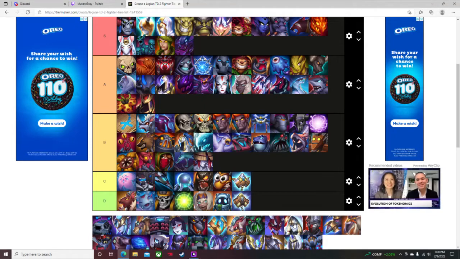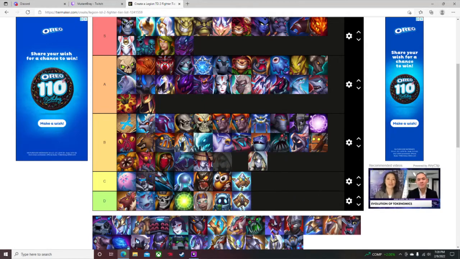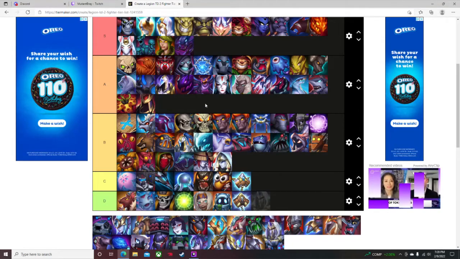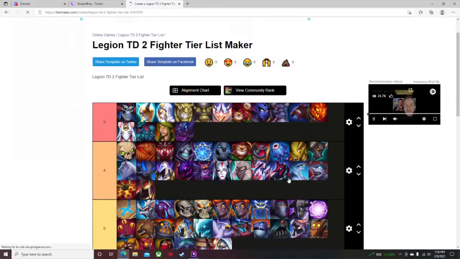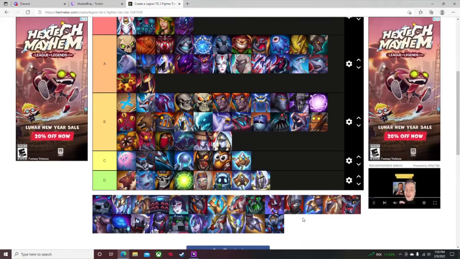Holy Avenger. I don't really think Holy is worth all the hype, to be honest. I'm going to put it in B and A. Oh, we're lagging over here. Yep. I'm going to put it in B and A because I don't think...